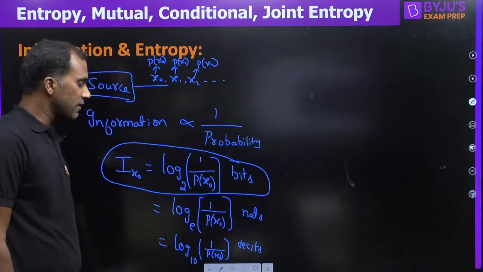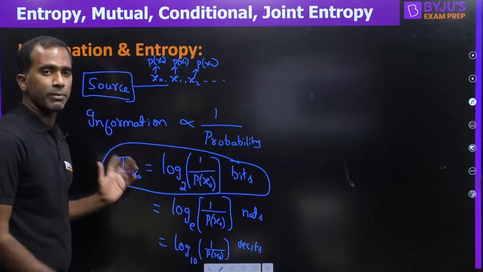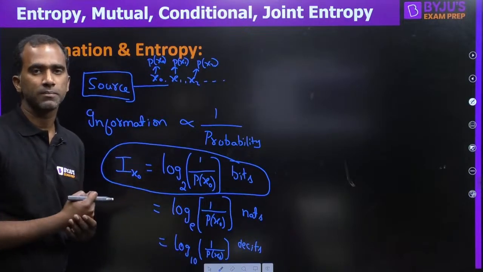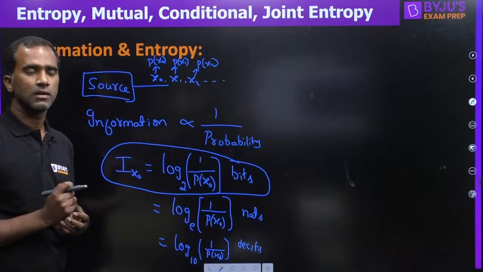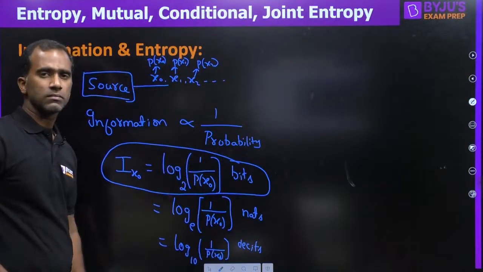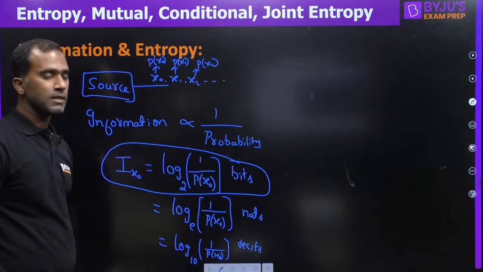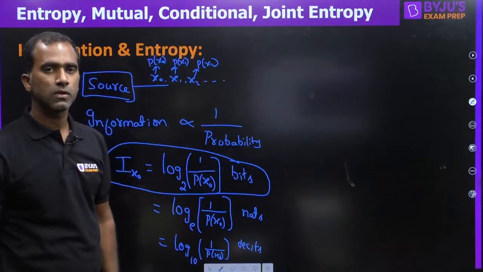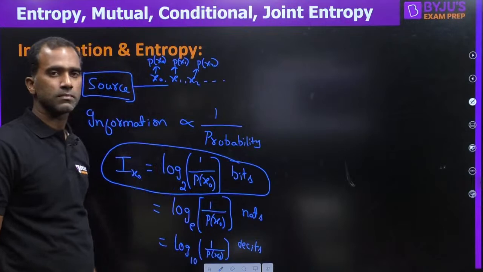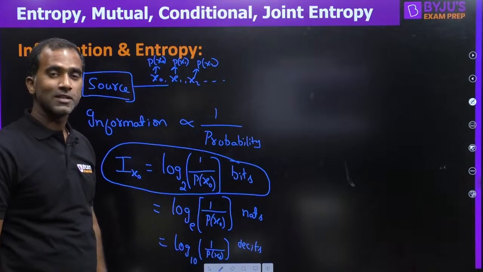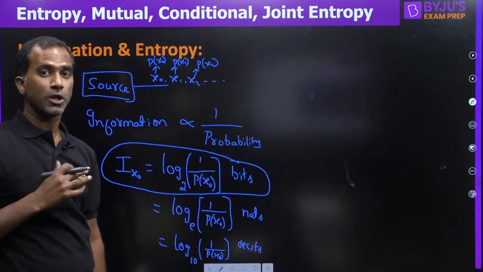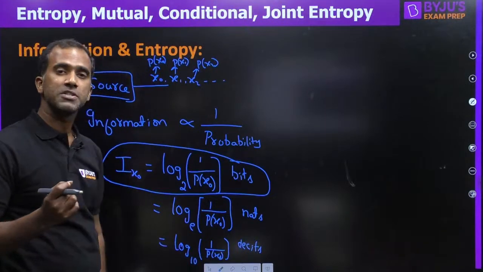We are convenient with that. We are having comfort in that. Right. So I hope you have understood how to measure information. If you want to measure information, what should you have? We should have the probability. If you want to measure information in a particular symbol, we should know the probability of that symbol. Just invert the probability and apply logarithm. You'll get the information in that particular symbol. Similarly, you can find the information in other symbols also. Whatever symbol you want to find the information for, take the probability of that symbol, invert it, and apply logarithm. As simple as that. Okay. So till now, what we have talked about is information in a particular symbol, not in all symbols, right?